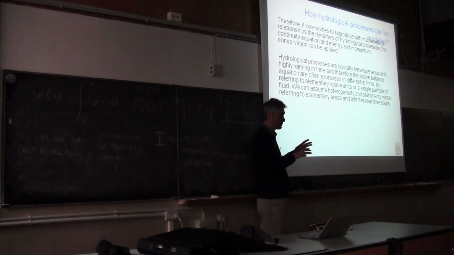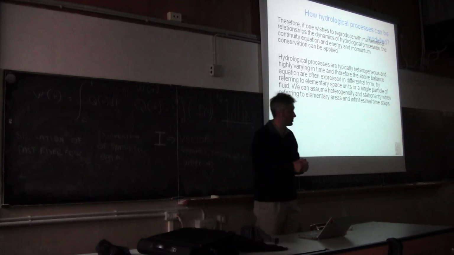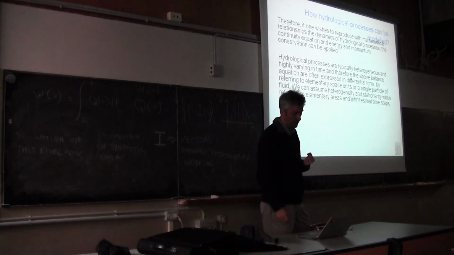So first of all, I have a multiplication of equations, because of course, I increase the number of control volumes, so I increase the number of equations. And then I get a multiplication of the information that I need. And this is a very important issue,